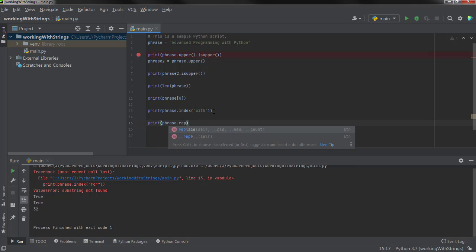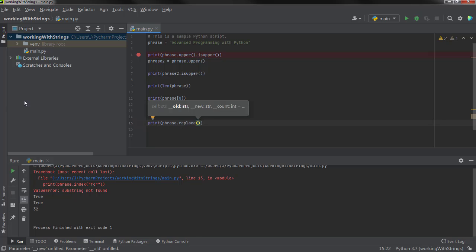You can see here that there are 4 parameters which we can pass here, including this R. If we don't pass it, it does not matter. Anyhow, there is a replace function, and if I press enter,